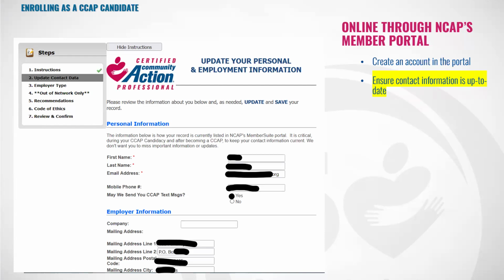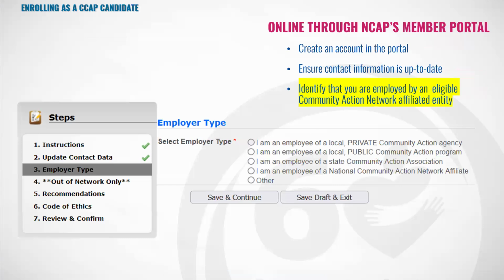Use this page to fill out and correct any information that we don't have about you or that needs updated. And then you will simply push submit, which I don't have on the screen for you, but there is a button at the bottom of each page that says, you know, save and continue. Here's what it looks like.